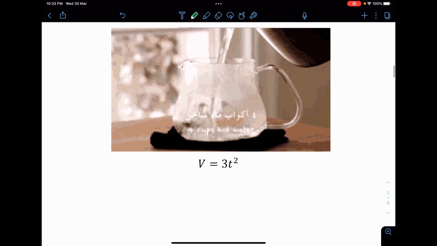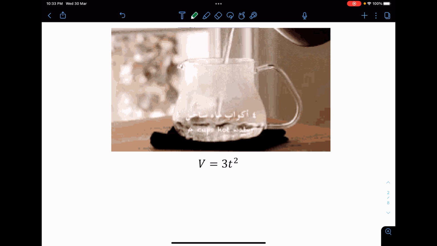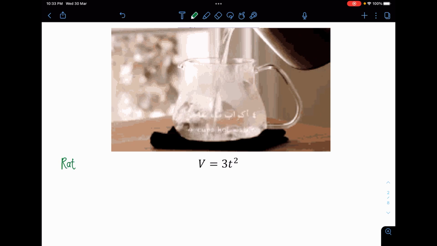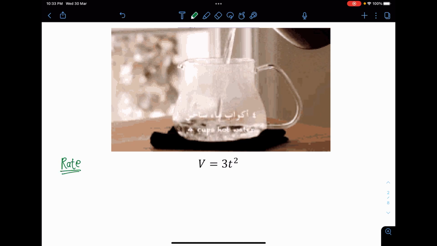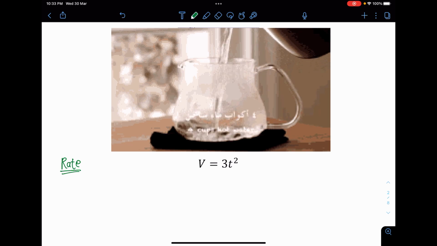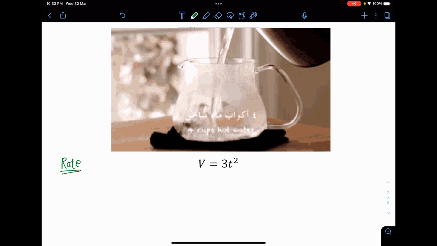Now what is rate of change, basically? Rate of change is about what we are changing over time. If you take note of the word itself, rate, a rate is the change of something with respect to time. Time is the main subject in this topic. That sounds weird, but you know what I'm talking about. What we are focusing on is time.